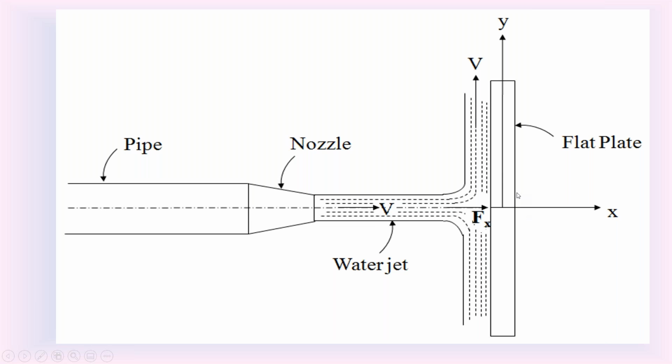If anybody is having doubt in this diagram, please discuss with me. If anybody is having doubt in this impact of a horizontal water jet on the stationary vertical flat metal plate, please check the parameters, understand this impact of water jet on this flat plate. Neglect this downward portion of the water jet. It is due to gravity. After hitting, the water jet will move along the surface of the plate.